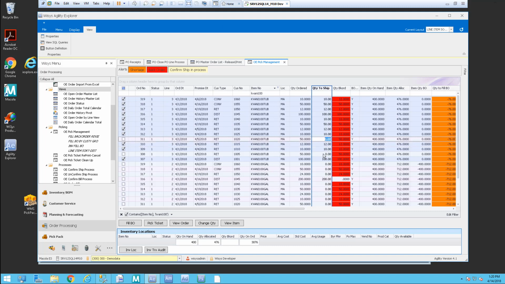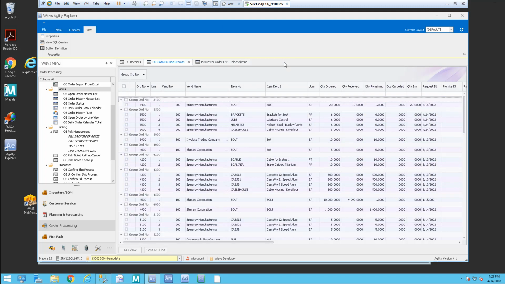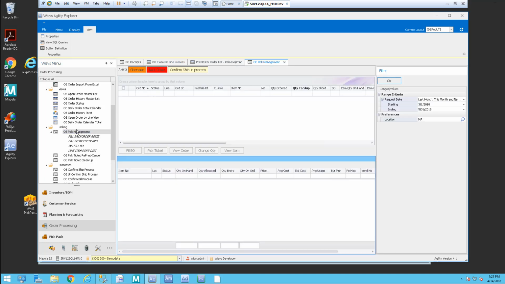And then let's fill 312. I already have. So I'm going to do a quantity change on these. And then it's going to do that update and fill those back orders. So now I've closed my pick, and I'm going to come in here in the OE pick management, and I'm